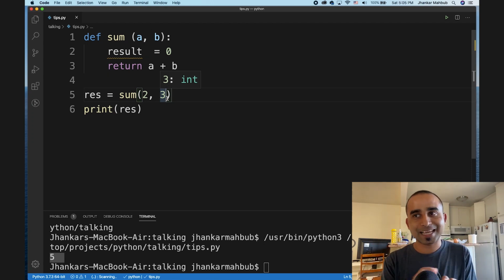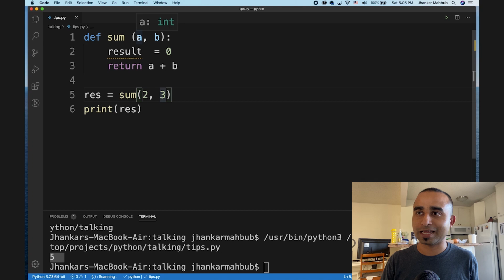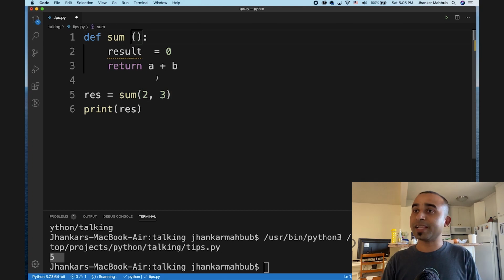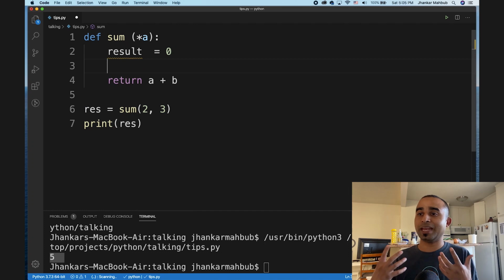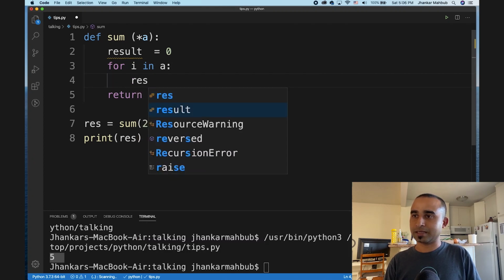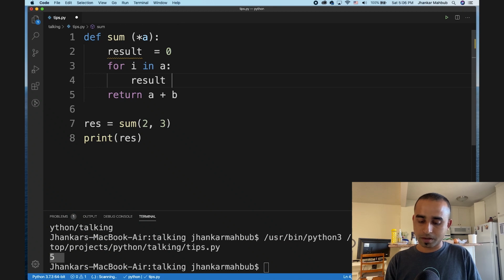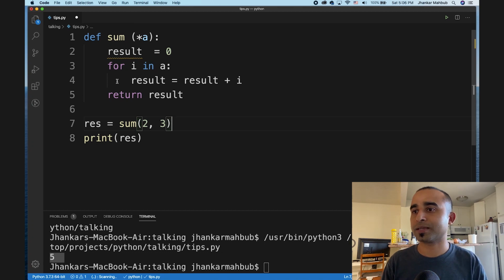it could be any number. In that case, you can do something a little bit clever here. Instead of a, you can just write *a. In that case, inside it, you can enter as many numbers as you want. We'll show it in a minute. So all we'll do is for i in a, and now result is equal to the previous result plus i, and then you return the result. So now if you pass 2 and 3, you'll get 5,